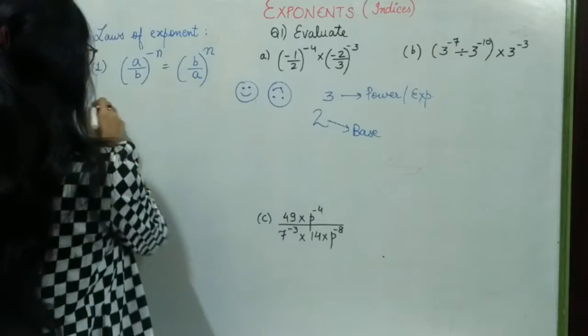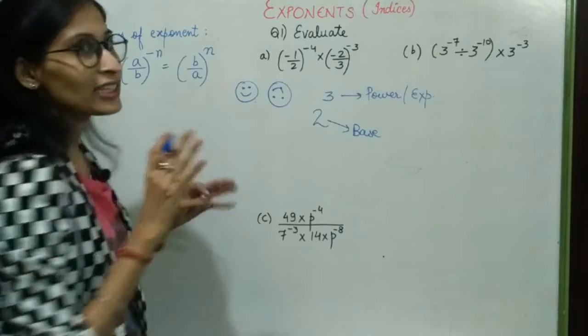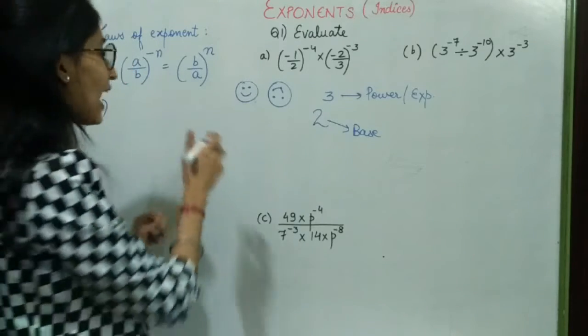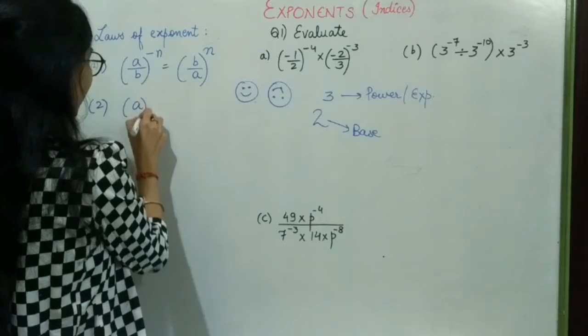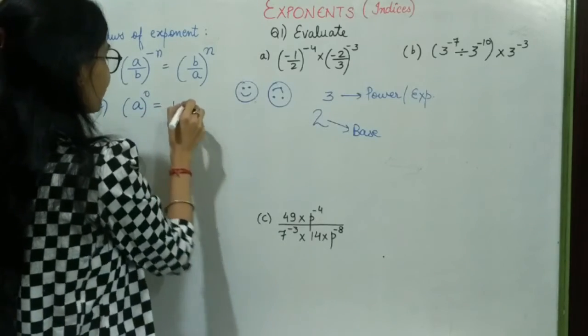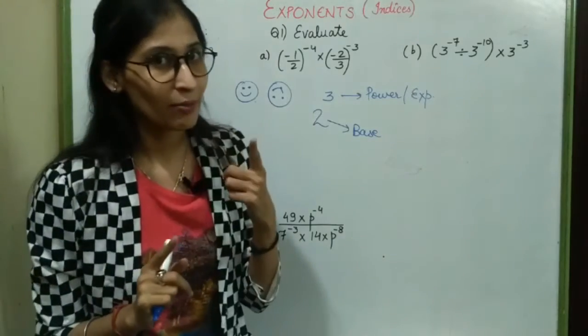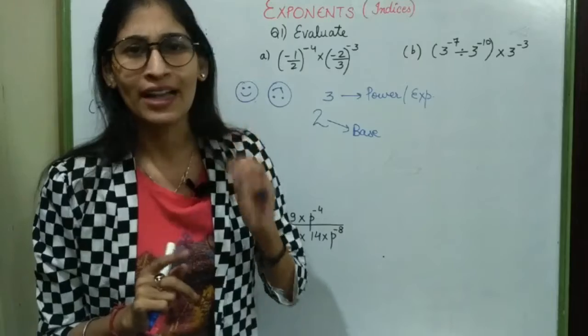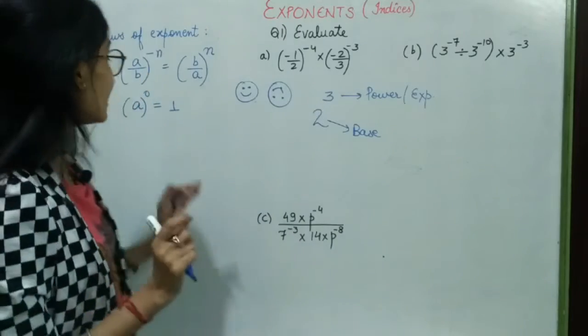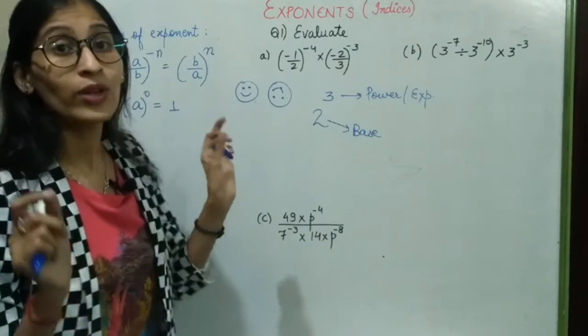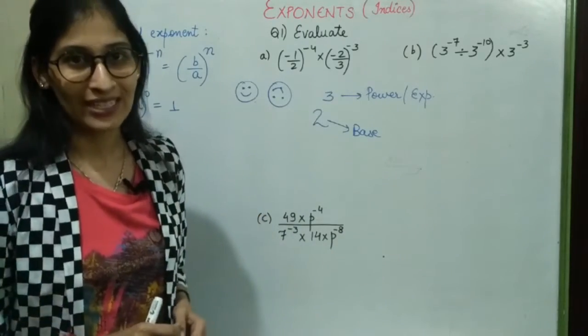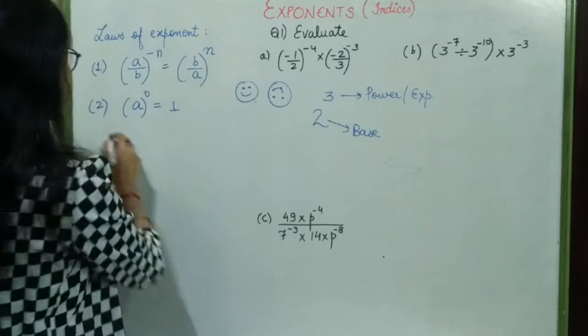Second law is the magic of 0. Anything raised to power 0 is 1. So my first law is the Ulta Pulta law. Second is the magic of 0. Any number raised to power 0 will always be 1. Now the third law is